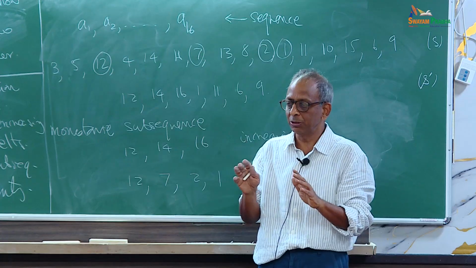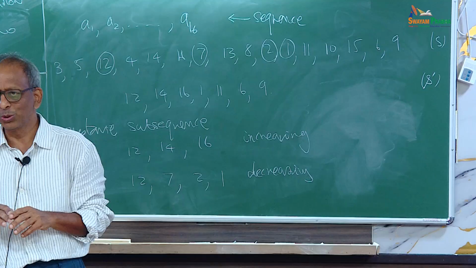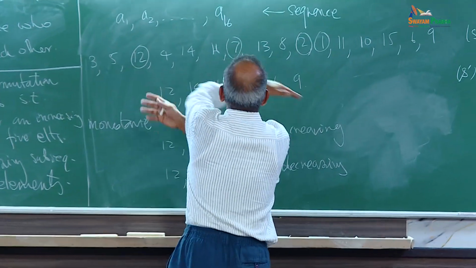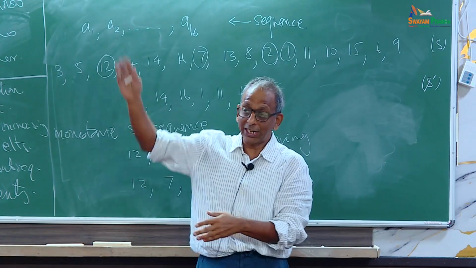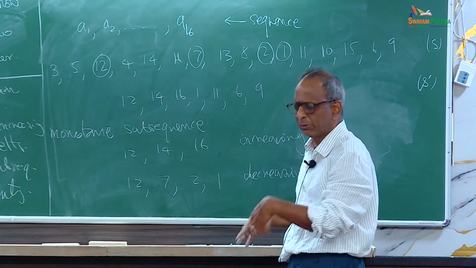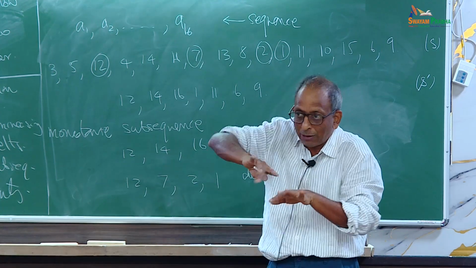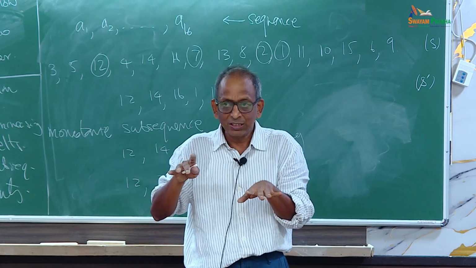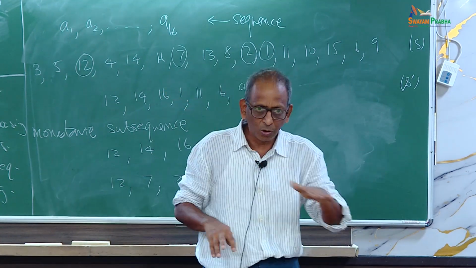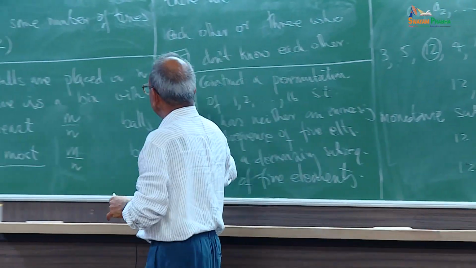One way to avoid an increasing subsequence of length 5 is doing what? Suppose I don't want any increasing subsequence, just write it in descending order. But if you write it in descending order, then I have a subsequence of length 16. A sequence is its own subsequence. So it's a decreasing subsequence of length 16. You have to jumble up these 16 elements so that I can find neither an increasing nor a decreasing one. And the theorem that we will do after the break